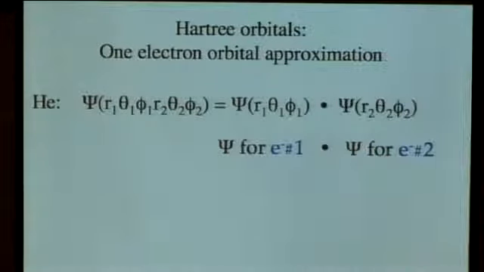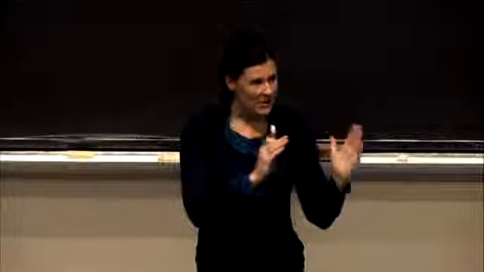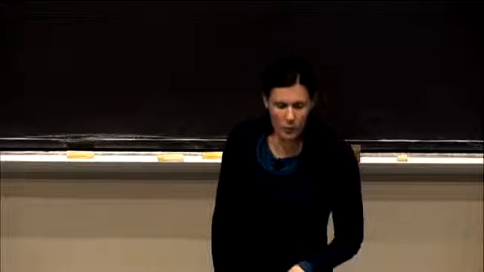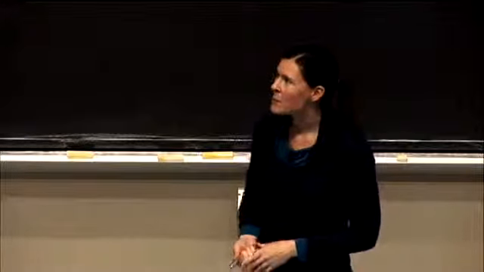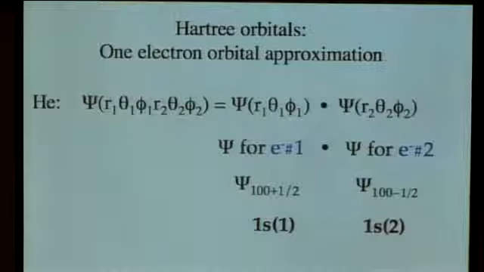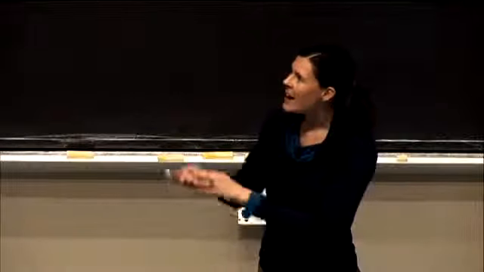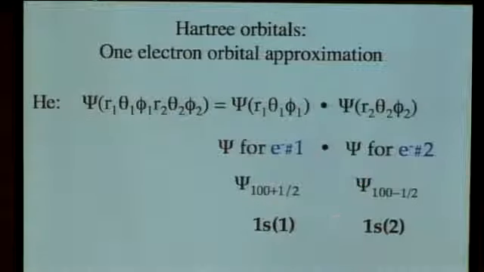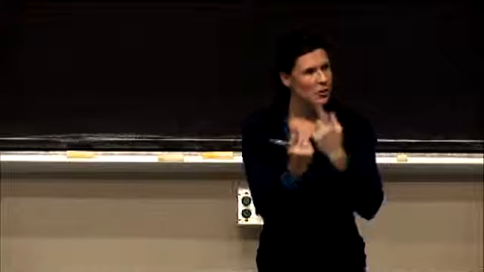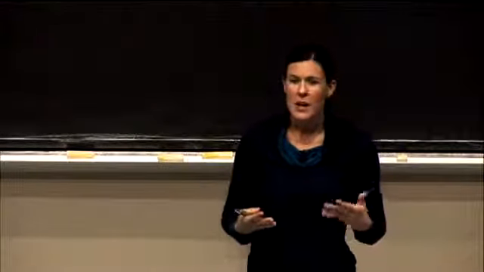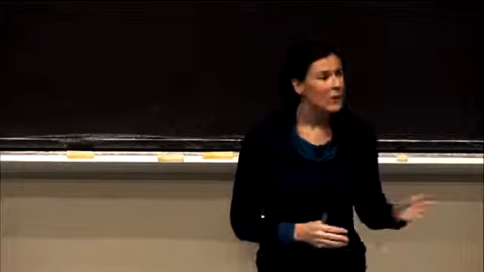phi value for electron 1, and multiply that by the wave function for the r, theta, and phi value for electron number 2. So essentially what we're saying is we have a wave function for electron 1 and a wave function for electron 2. We know how to write that in terms of the state numbers, so it would be 1, 0, 0 because we're talking about the ground state. We're always talking about the ground state unless we specify that we're talking about an excited state. And we have the spin quantum number as +1/2 for electron 1 and -1/2 for electron 2. It's arbitrary which one I assign to which, but we know that we have to have each of those 2 magnetic spin quantum numbers in order to have the distinct